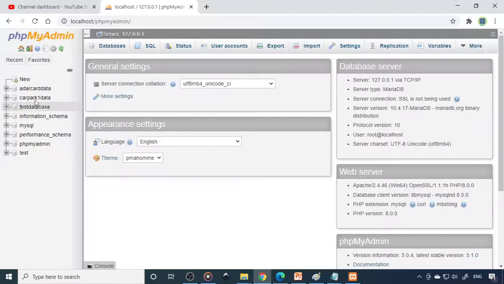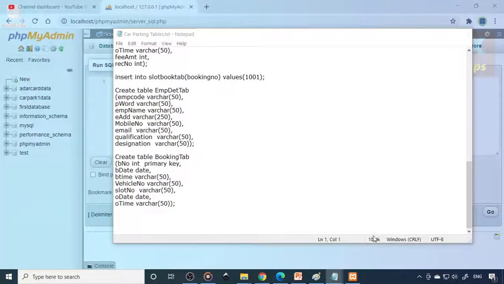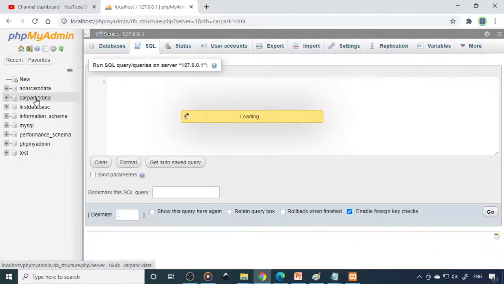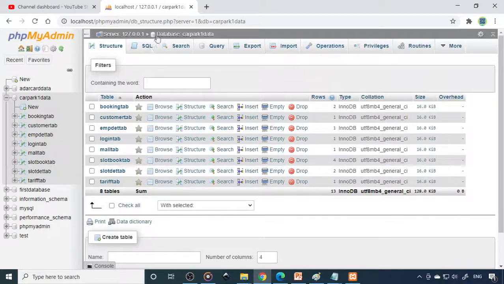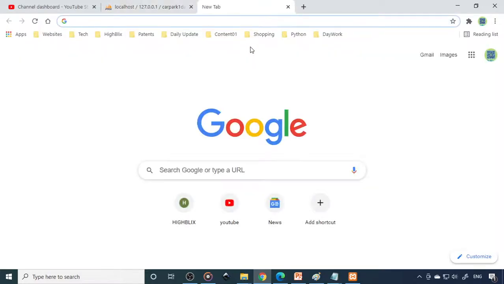In phpMyAdmin, you need to create the database. In order to create the database, go to SQL and you can check your text file. Now what I'll do is I'll just name it car park. It's a car park 1 data. Here it is already there, so we already created it, and you need to copy and paste here. You have to go to SQL, copy and paste here, then click the go button. You're going to create all these tables. Once all the tables are created, again you can go to